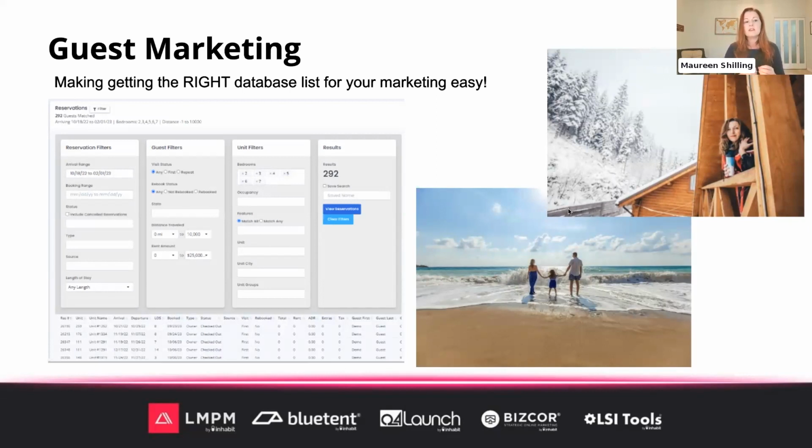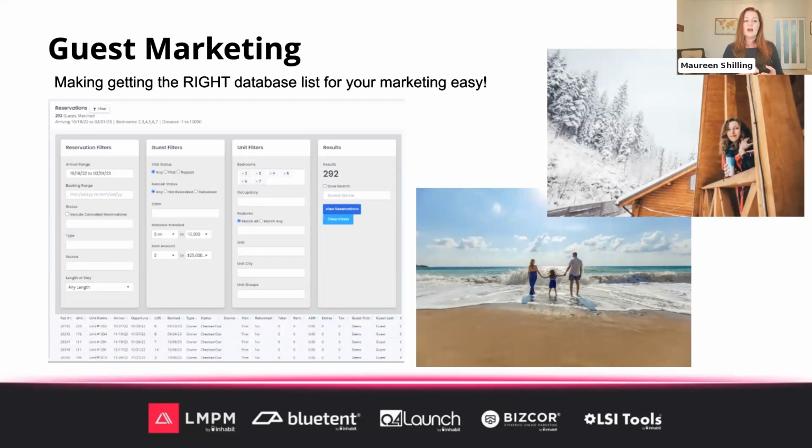So LSI in the guest marketing section is going to allow you to either view all of your database of guests with important information such as arrival, departure date, email addresses and guest names. Or you can just give it some criteria for guests that you would like to target market to,